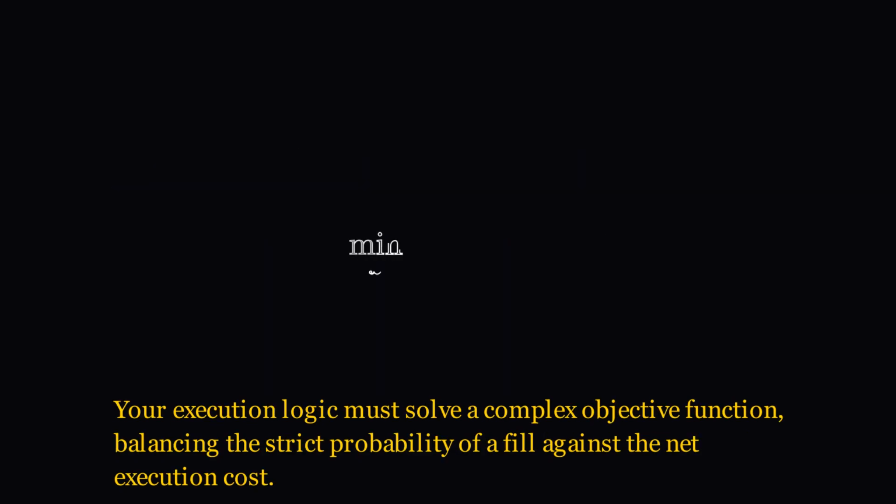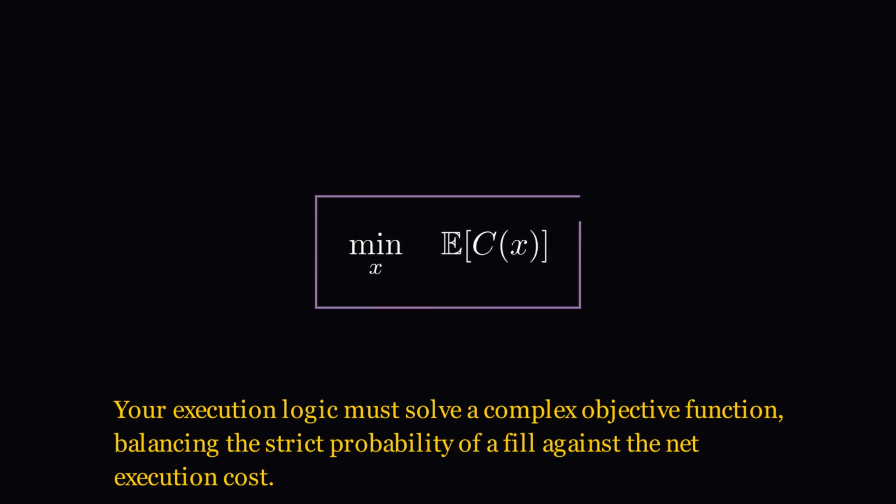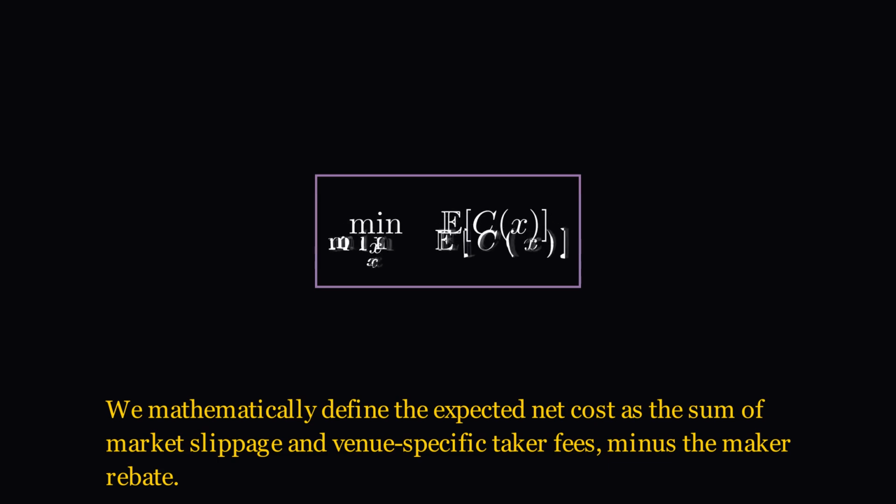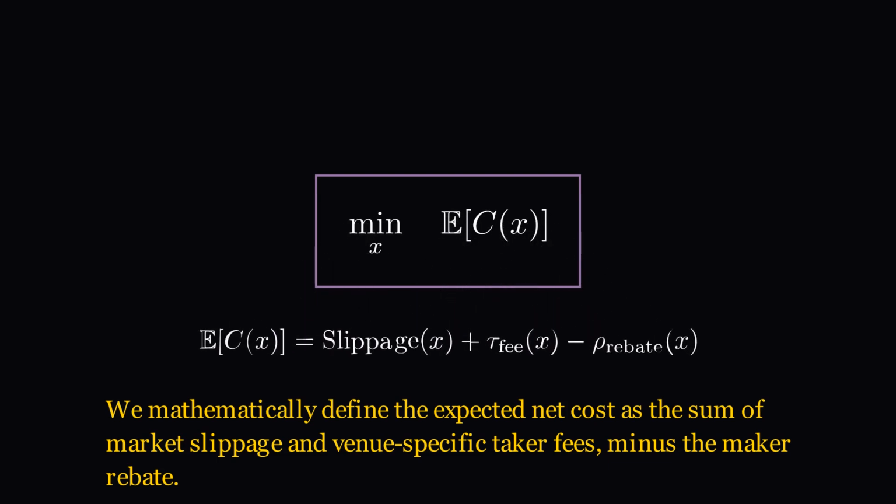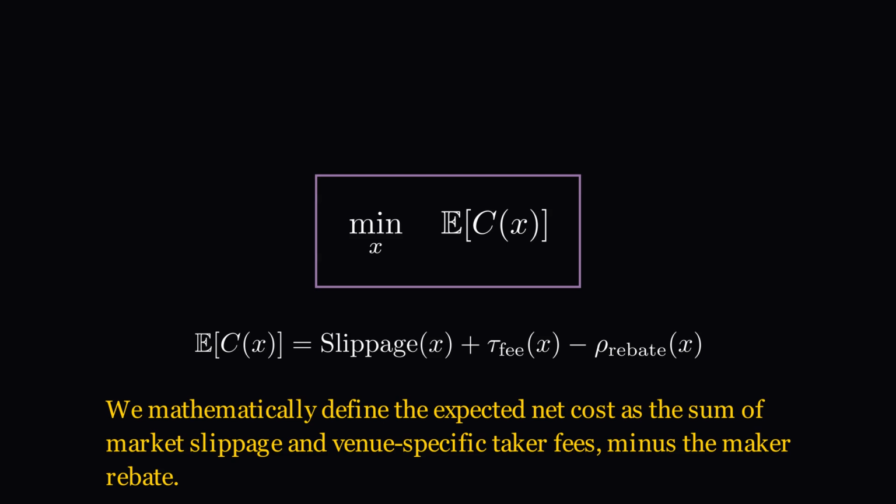Your execution logic must solve a complex objective function, balancing the strict probability of a fill against the net execution cost. We mathematically define the expected net cost as the sum of market slippage and venue-specific taker fees, minus the